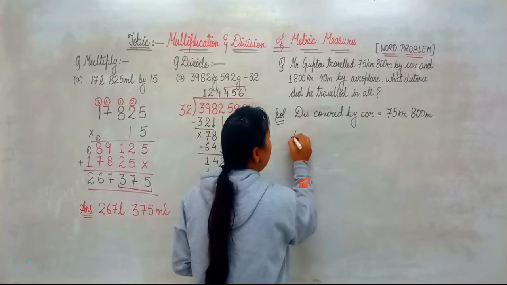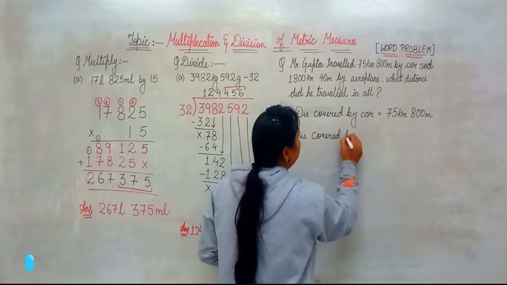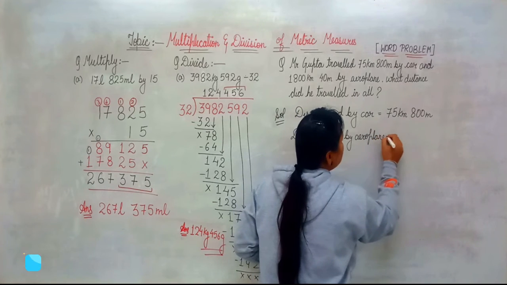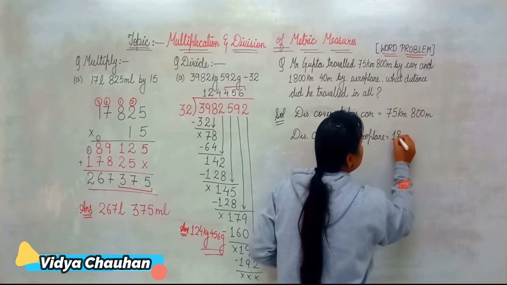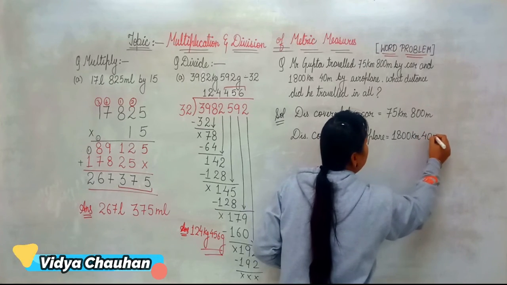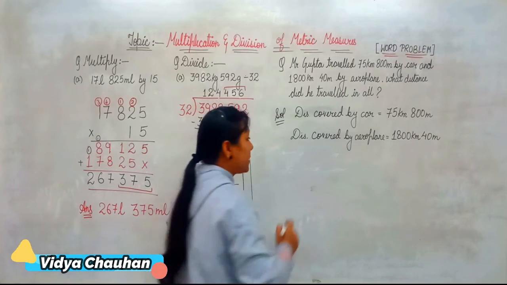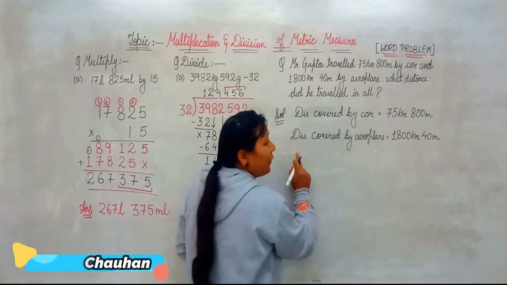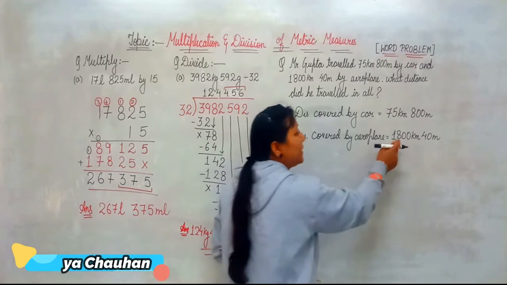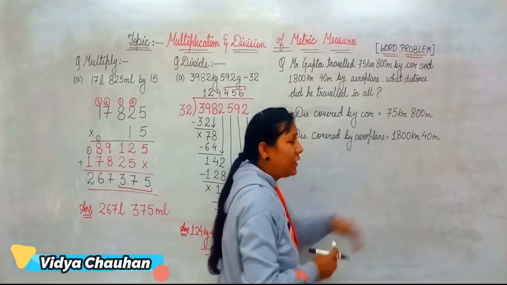Then the second statement will be distance covered by aeroplane. So how much distance he covered by airplane? That is 1800 kilometers and 40 meter. Now since we have to find the total distance covered, for finding the total distance covered, we will add the value. So let us add this value, and for addition, as we know, we write the bigger value